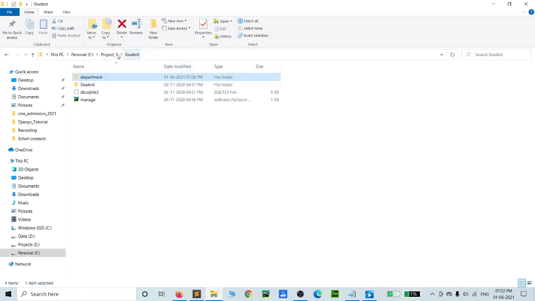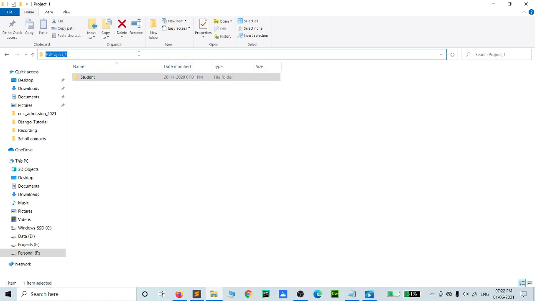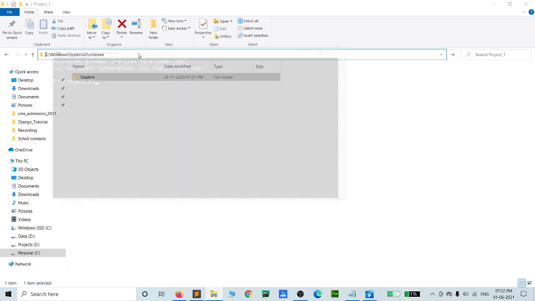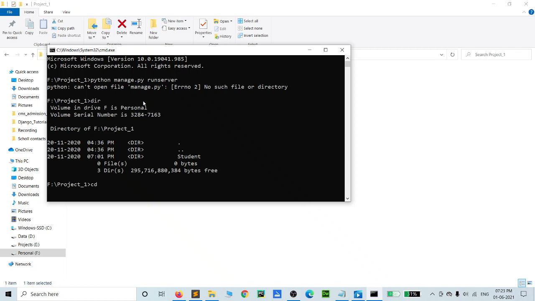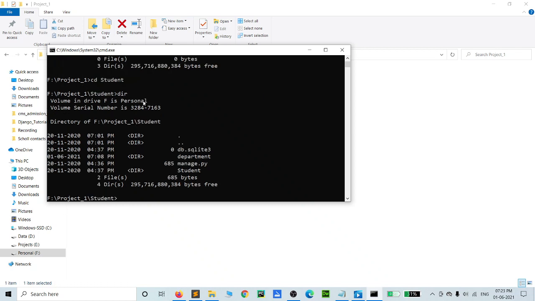Inside the project I can go to CMD. Then python manage.py runserver. What is this? Yes, sorry, you can include the student, you can check the directory.